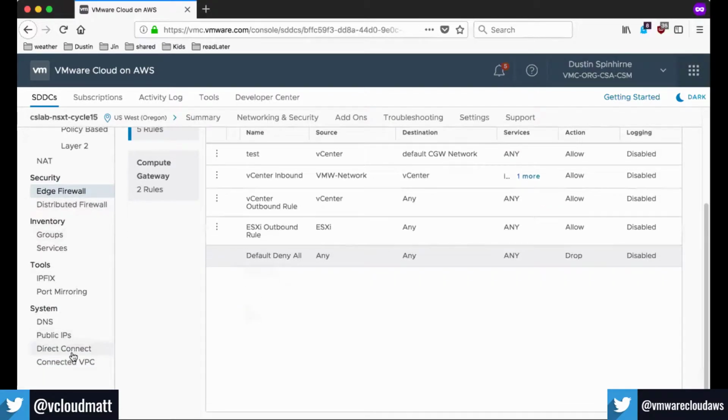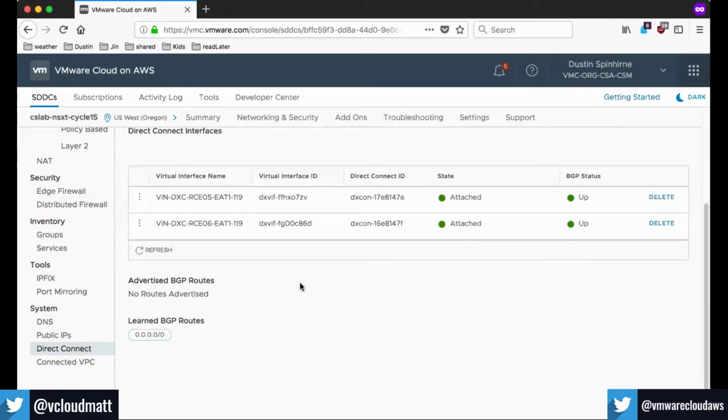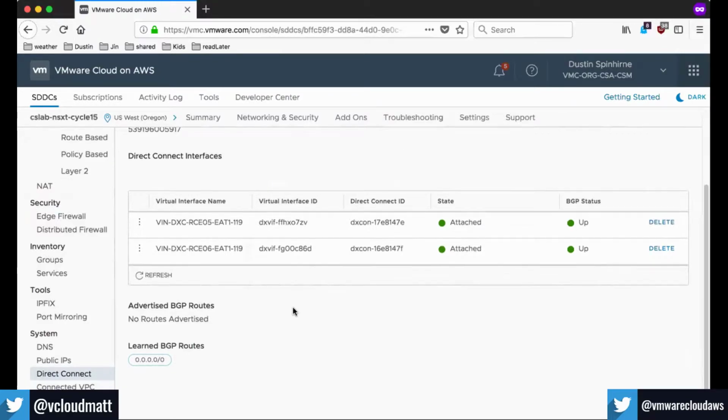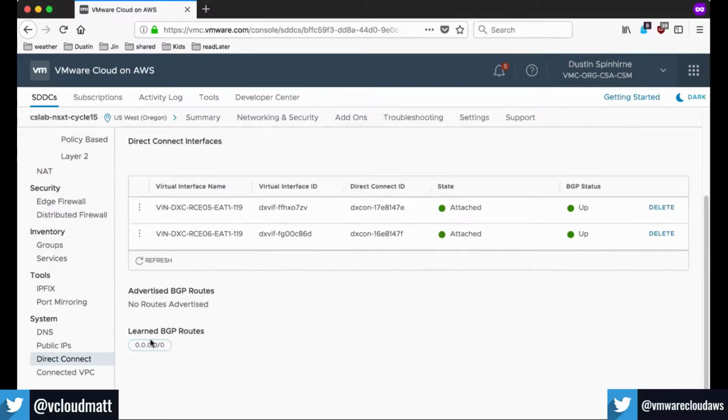Now, on the direct connect side, you can see as well we have a view that has changed somewhat, looks somewhat similar to what we've seen on the NSXV based SDDCs, but behaves slightly differently. And so here we can see that because we're in the process of setting up direct connect, it's not completely done. So it's partially set up, and so we're receiving a default route from the on-prem side of our direct connect,